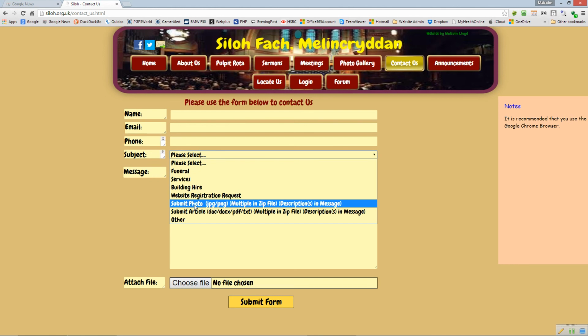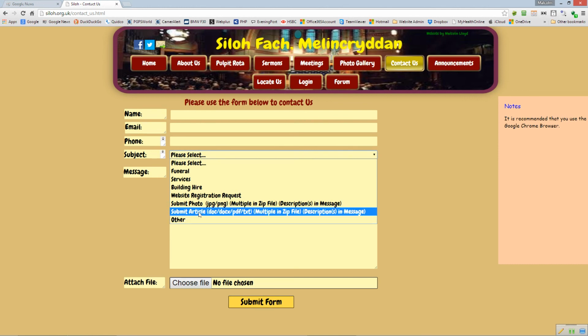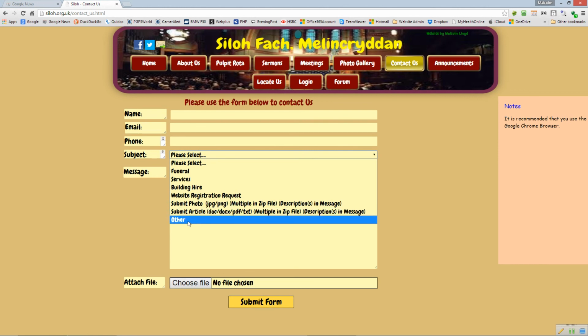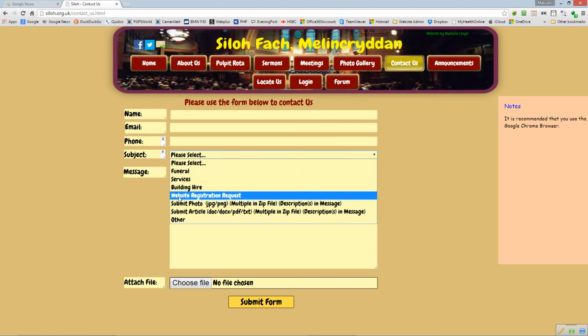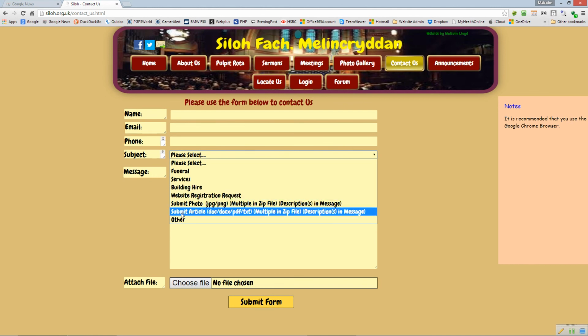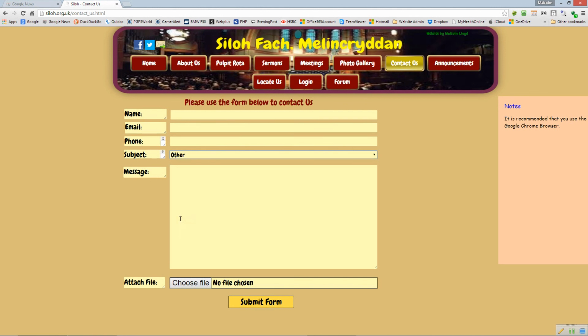There are facilities. If you notice on the top, there's a photo gallery. You can submit photos if you like. There are articles that can be held on the website, so you can submit an article, or it could be some other query that you may have. Okay, and you click whichever one applies to your particular inquiry at this point in time,